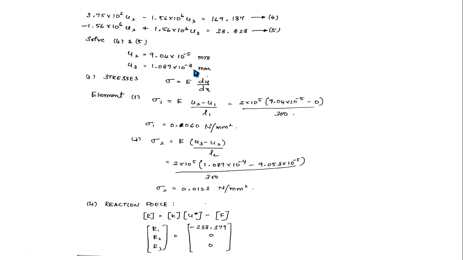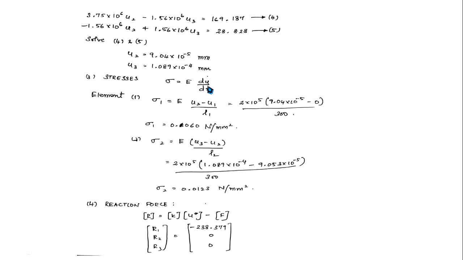That's it. Final step, they have asked to calculate the element stresses. So element stresses, as we saw in the derivation at the start of the unit, these are the formulas. This is simple. Stress is directly proportional to strain. Du by dx is strain. So once you remove the proportionality, you will get this constant E.